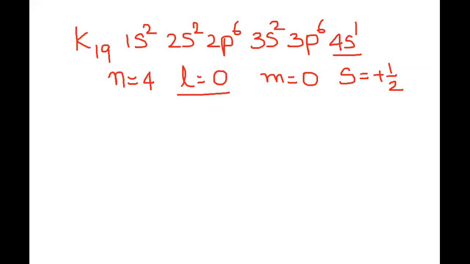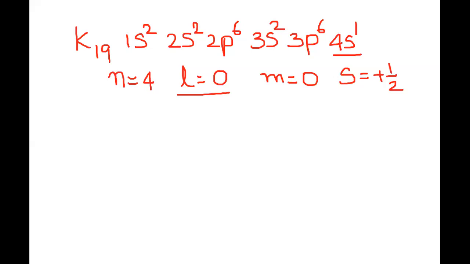All right. So if you look at this set of quantum numbers, it is exactly telling you where the electron is. What is the other information that you are getting from this? If you look at this, the first information that you get is n is equal to 4. That means the electron is in the fourth shell. You can actually approximately talk about the size of that atom where the last electron is.